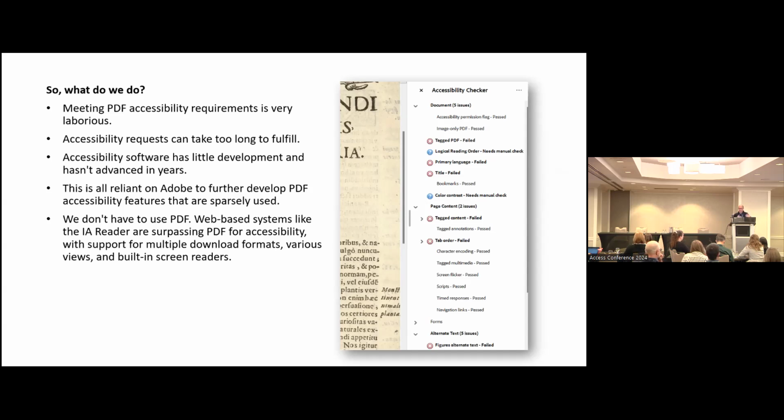Like almost everyone will require the OCR, but not necessarily the semantic tagging or the reading order or other accessibility options. So not a lot of development is going on here, not that I can see. Small pockets of librarians and developers are working on systems, but it's slow and challenging. This is sort of reliant on Adobe, Tesseract, Abby to start working together or to expand or for something new to come along, but there's no telling if that's going to happen. We obviously are limited to PDFs. It's a great tool for working with accessibility, but